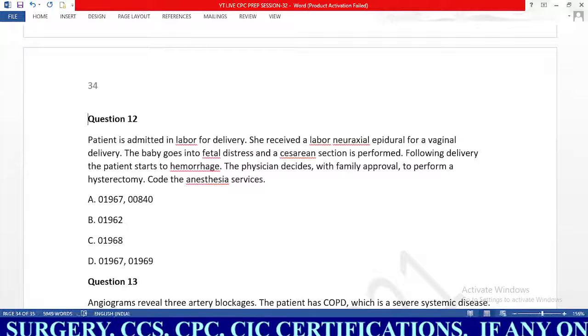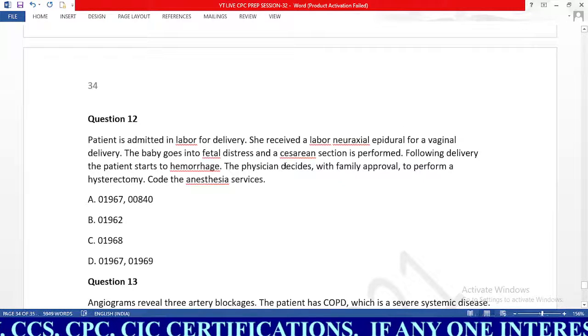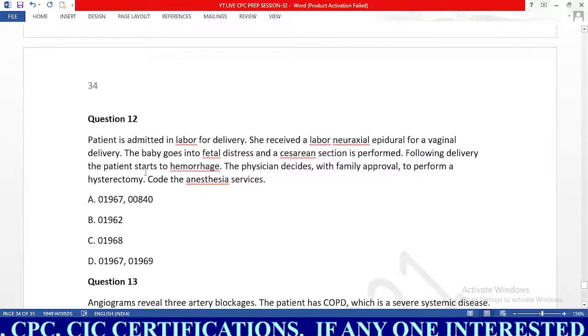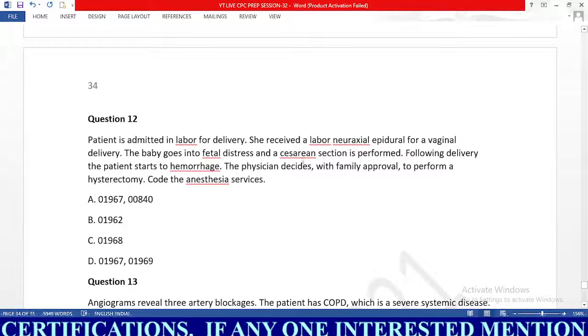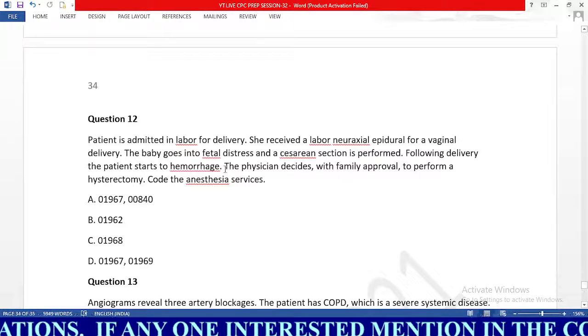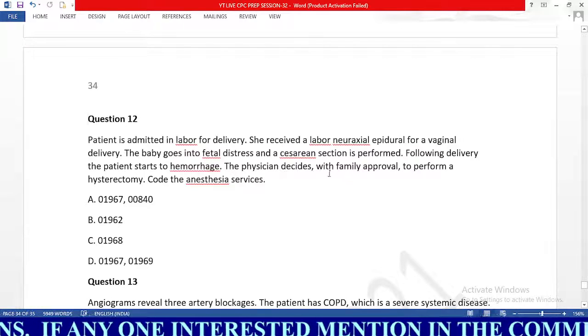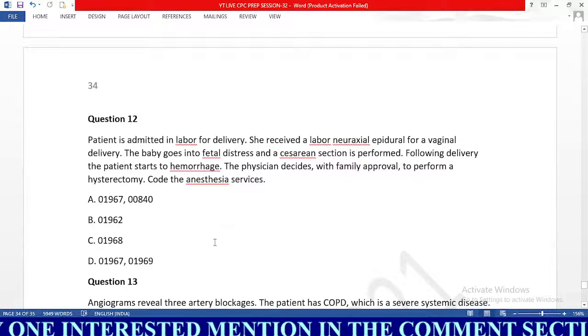So the patient is admitted for labor and delivery. She received labor neuraxial epidural for vaginal delivery. The baby goes into fetal distress and a cesarean section is performed. Following delivery, the patient starts to hemorrhage. The physician decides, with family approval, to perform a hysterectomy. So basically here our answer is D,